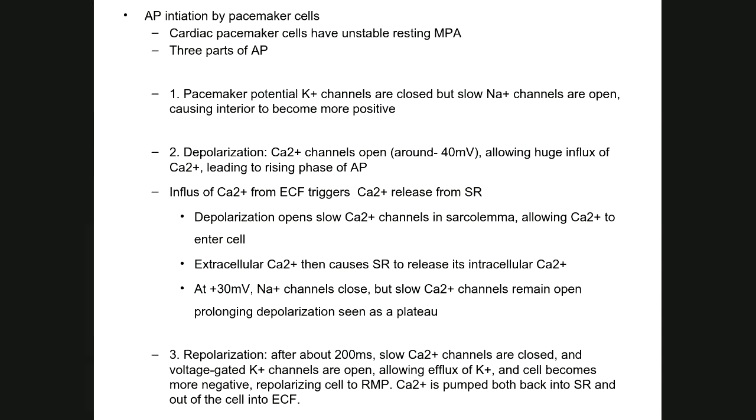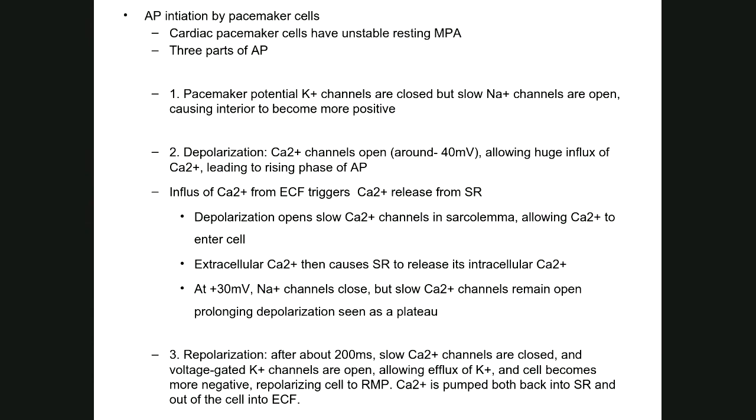By the way, this calcium is exactly the same as what happens during the neural system action potential, but quite different, because during the neural system action potential, we don't have this extracellular calcium coming in, releasing calcium from the SR. We don't have that. The calcium is released only from the SR. Okay, so then after that, we have phase 3, which is